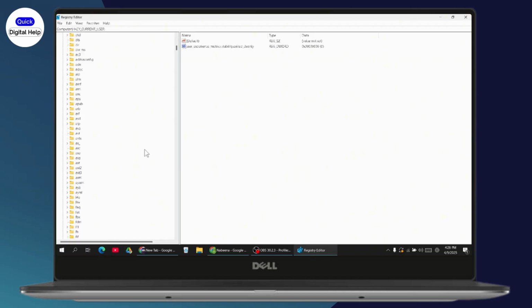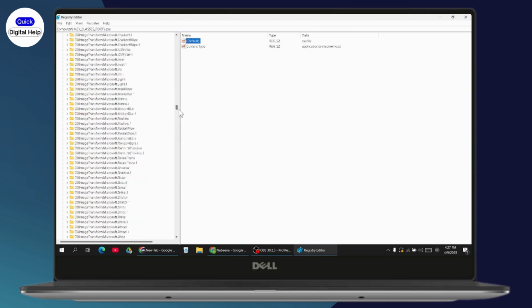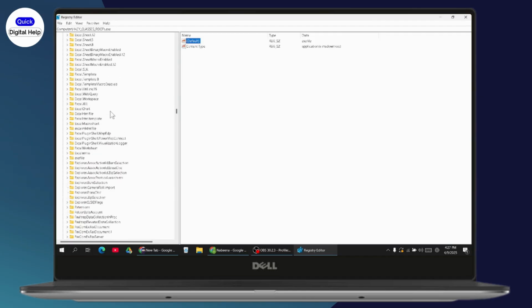classes root and then go with .exe, which is right here, and go to the right side which has that default, right click on it and then go with modify, and here under the value data it should be exefile, and after that you need to scroll down again and here you'll find exefile, which is right here, and here you need to go with default, right click on it, go with modify, and here you need to